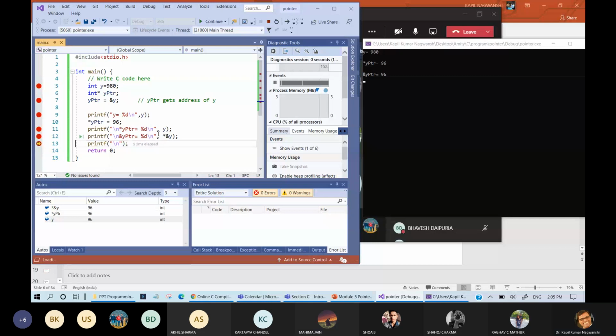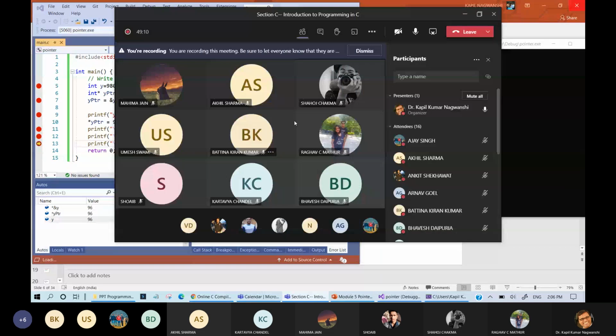Raghav, Shahoj, Shoaib. Sir, can you explain how the value of y is assigned 96 again? Yes.